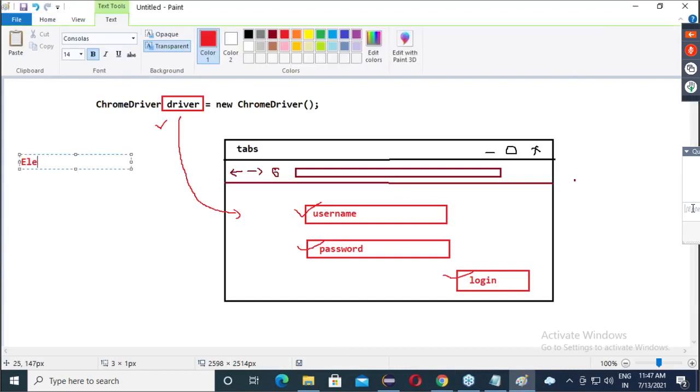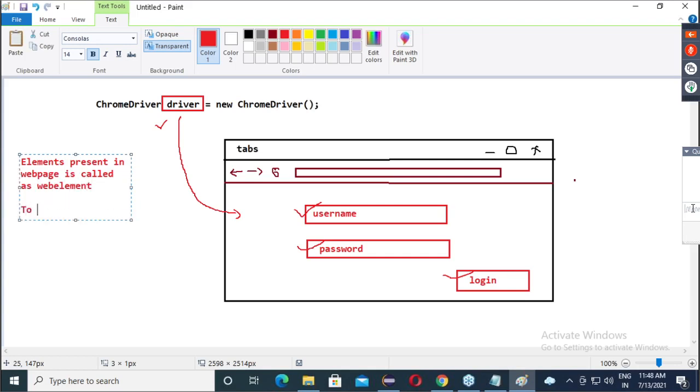Now here we will say: an element present in a web page is called a web element.